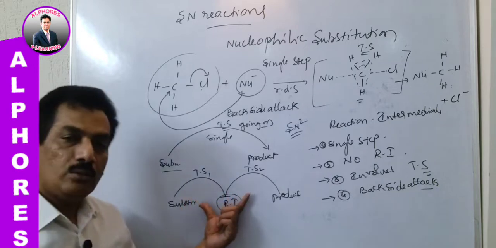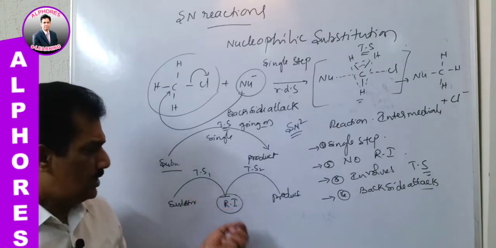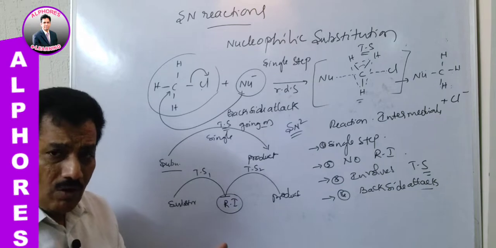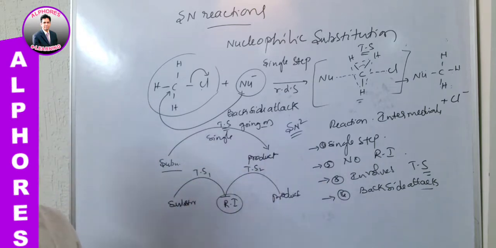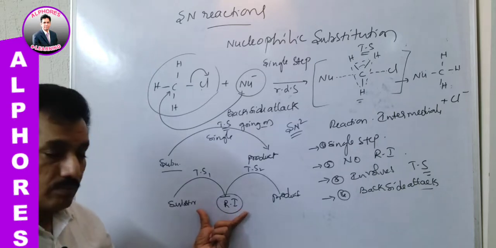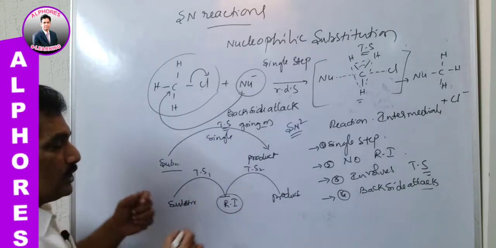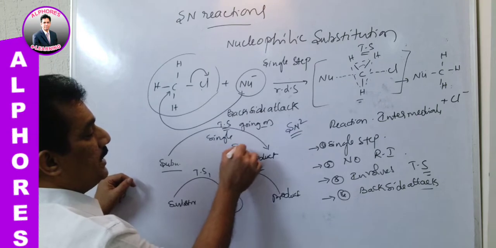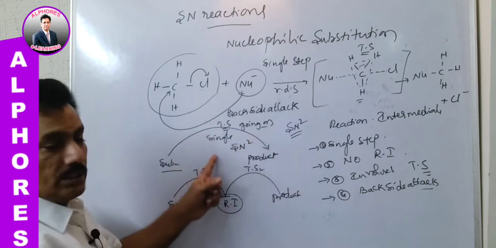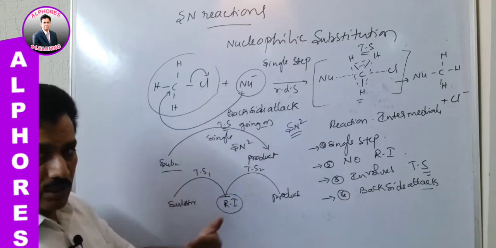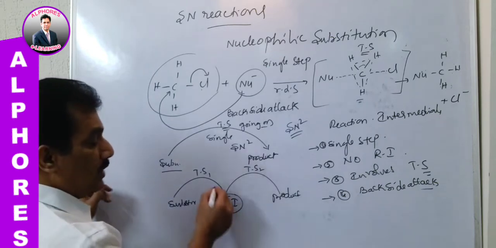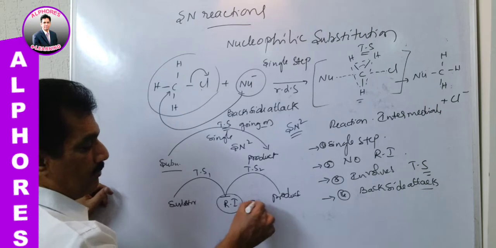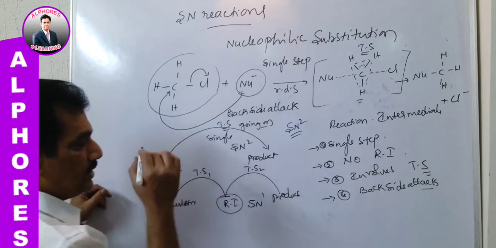That is a two-step mechanism. If it involves three steps, then one more going-on stage will be there, like that. And this type of two-step mechanism, you remember, is not for SN2; there is no reaction intermediate there. Now we are ready to go for SN1, where we can find this type of mechanism, that is a two-step mechanism. It is SN1.